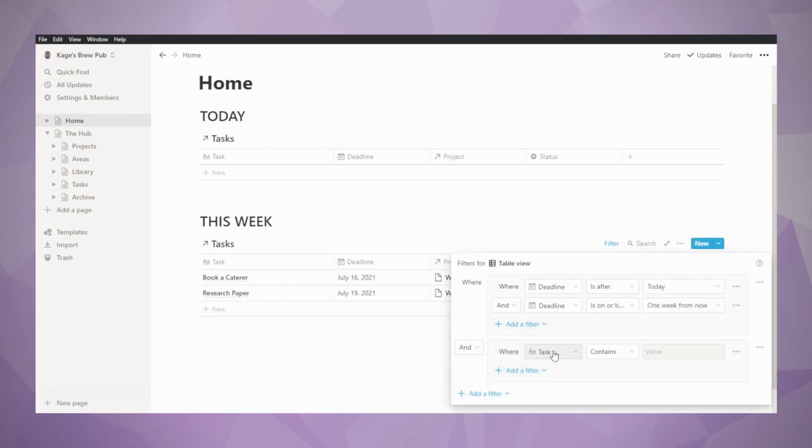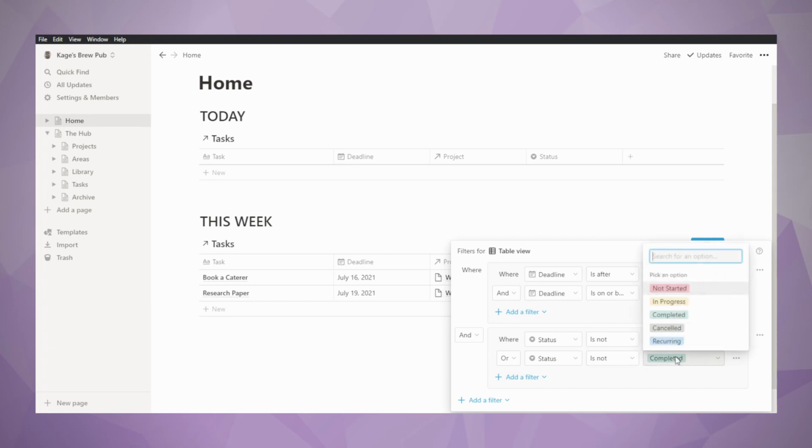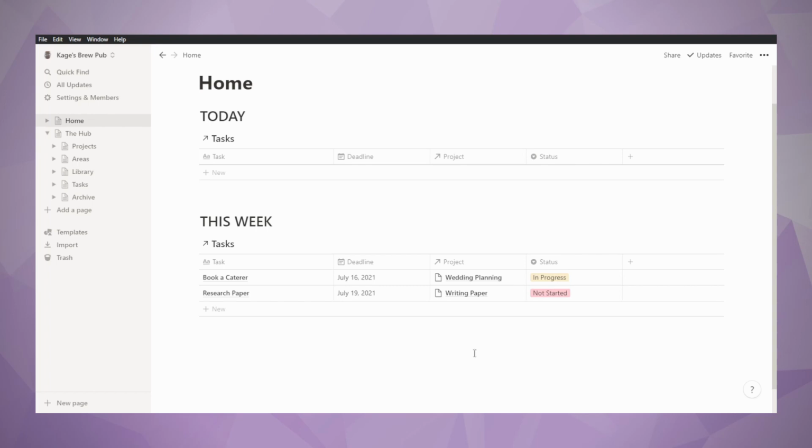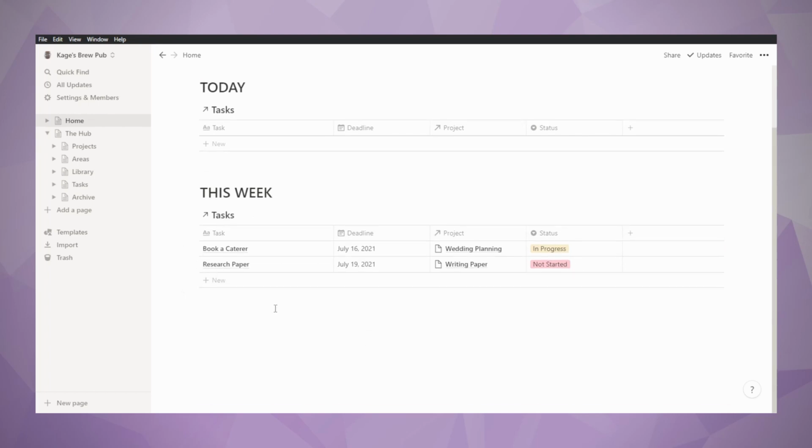And we're going to add another filter group where the status is not completed or canceled. This should only show us stuff that's going to be coming up in the next week. And then